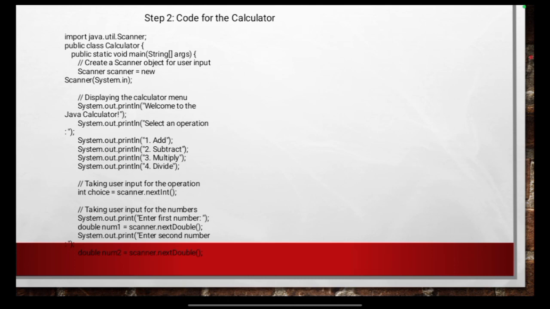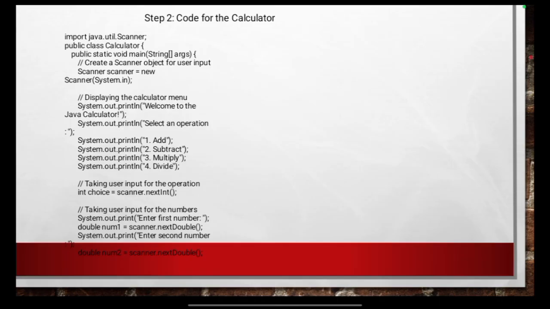Now taking user input for the operation: int choice = scanner.nextInt(). Taking user input for the numbers: System.out.print("Enter first number"); double num1 = scanner.nextDouble(); System.out.println("Enter second number"); double num2 = scanner.nextDouble();